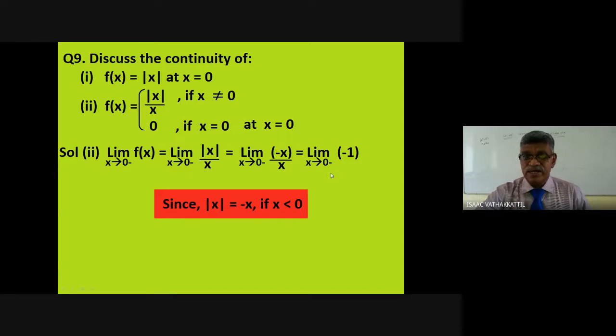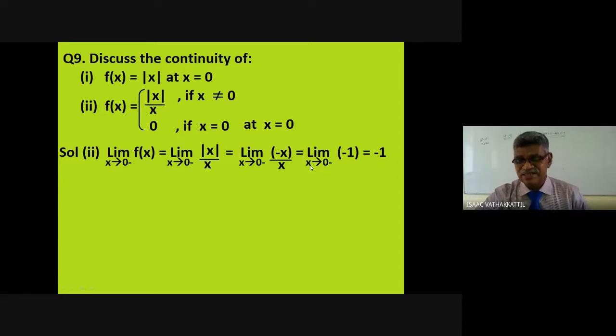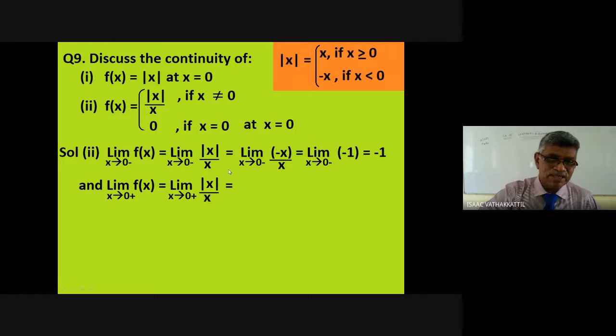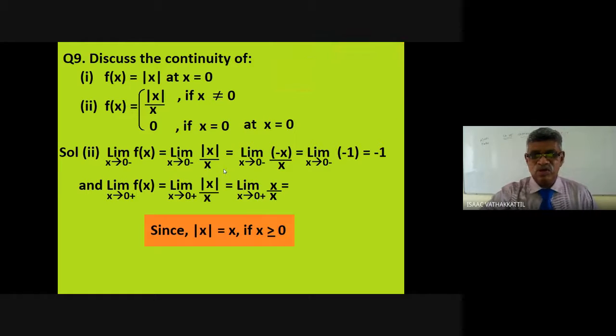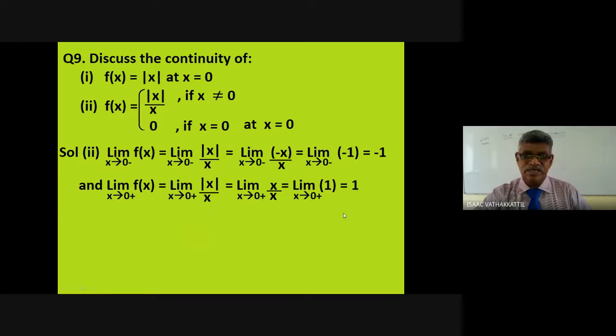Now at this last point, I can apply the limit. Minus 1 is a constant. Limit x to 0 of the constant is the same constant, minus 1. See, I have not applied a limit where there is x. I cancelled x because x is not equal to 0, and then I apply the limit. Be careful about the steps. Now right limit, limit x to 0 plus f(x), that is limit x to 0 plus mod x by x. When x approaches 0, mod x is x, because we know mod x is x if x is more than or equal to 0. Mod x by x, that is x by x, x and x cancel, that is 1. Now I apply limit. Limit of constant is constant, that is 1.